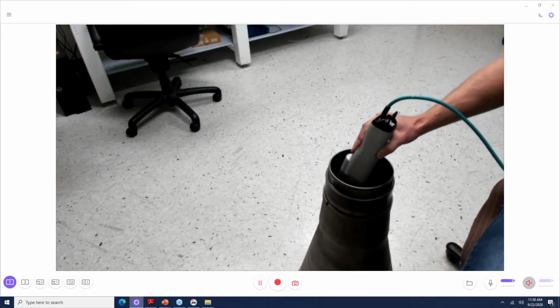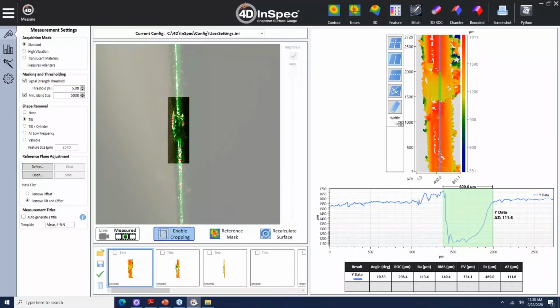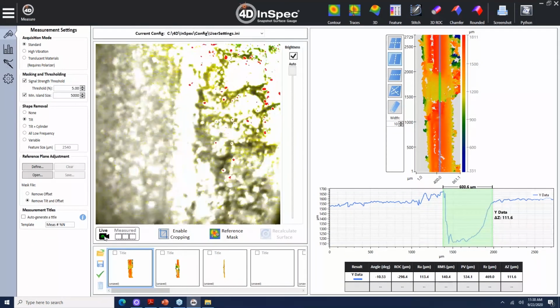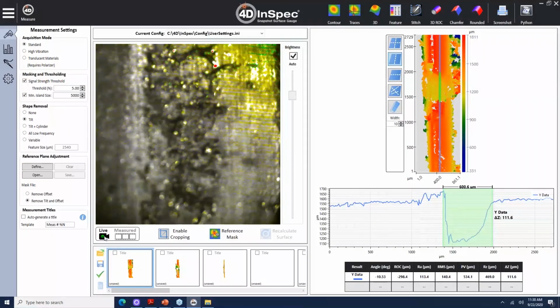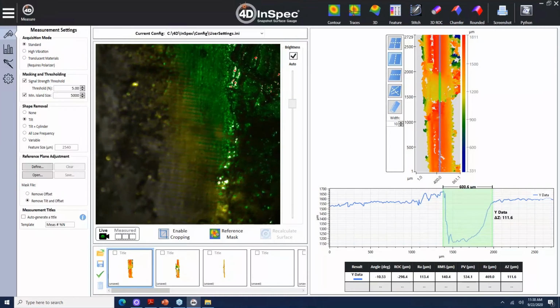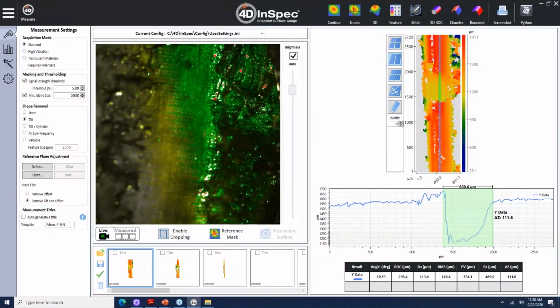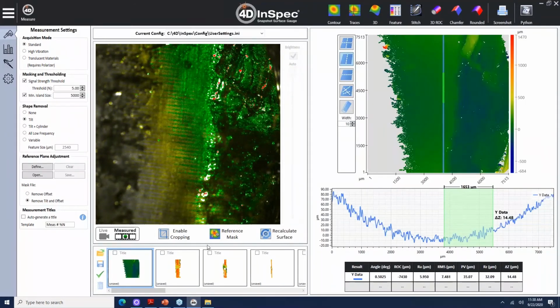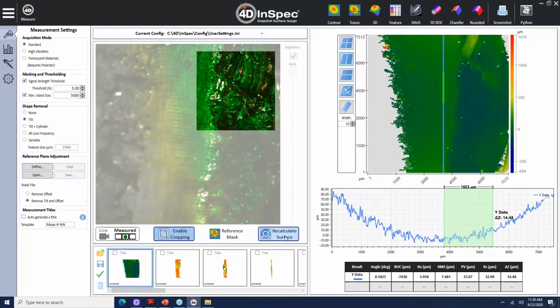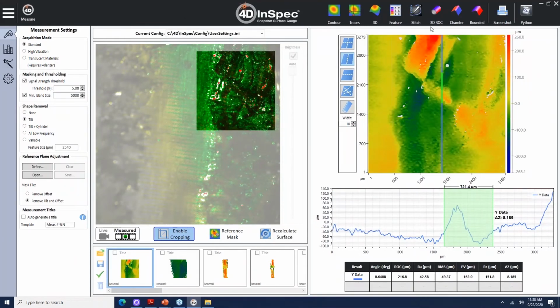Go back to the software here. I'll go ahead and get this at the right focal distance, right there. Go to my live video and find some raised material I know is here. So take a measurement of this stuff right here on the edge of that. And I can go ahead and crop an area of interest. Say I was interested in this specific spot. I can recalculate on this area of interest. I could throw this into